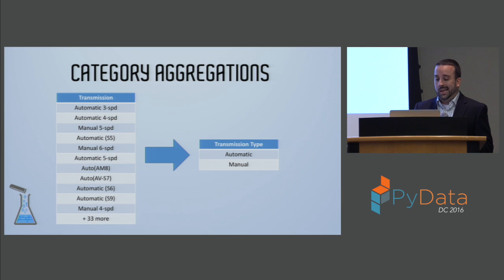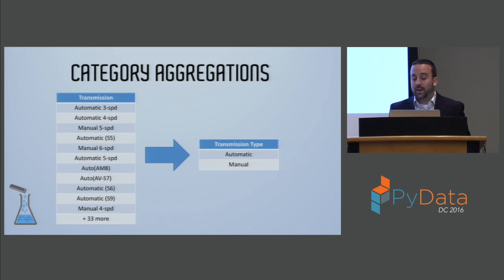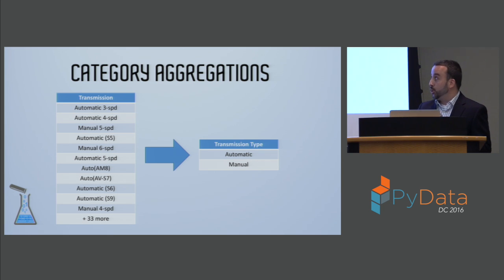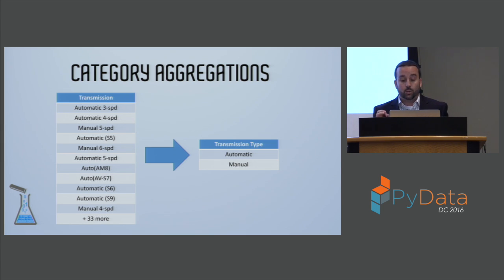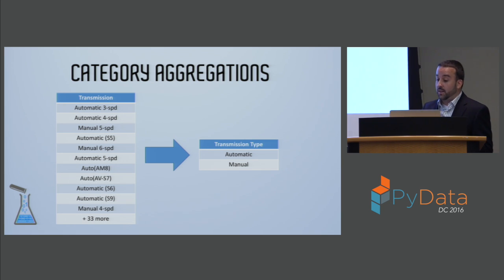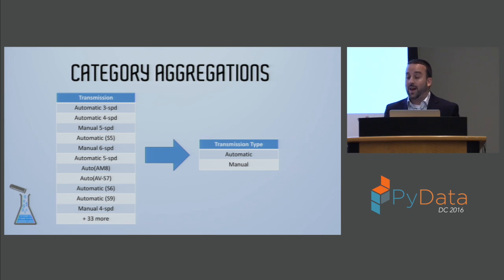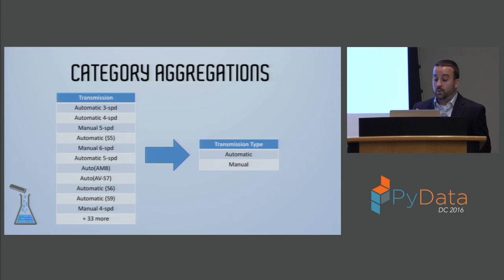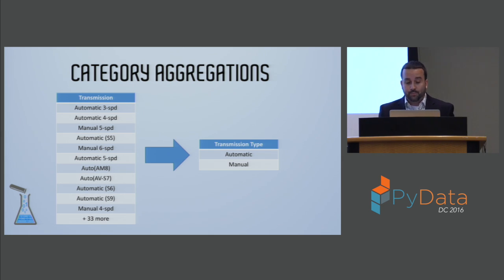And so imagine here aggregating by transmission, which has 44 unique categories in our data set, and trying to look at that and analyze that. It's going to be tough, and you're going to have to work really hard to find any kind of insights there. But if we take a look at the different categories and find things that some of them have in common, then we can make it a little bit easier on ourselves. And so in this case, the thing that all 44 values had in common is that they fall into one of 2 categories, right? Either automatic transmission or a manual transmission.